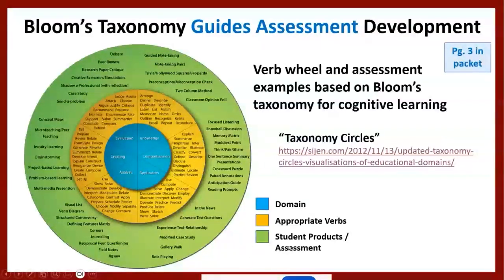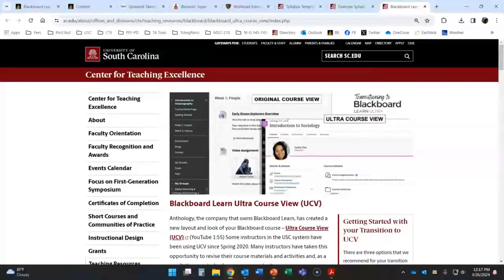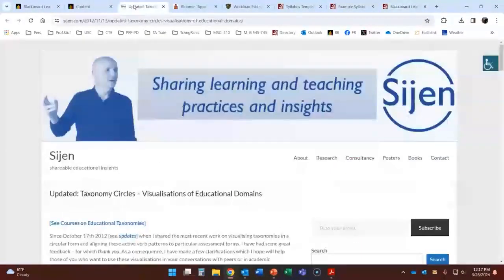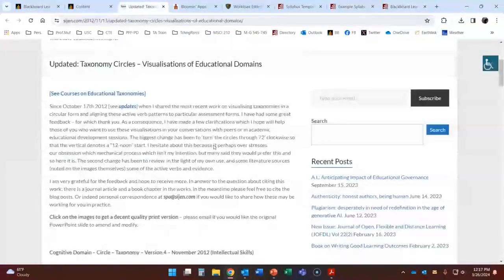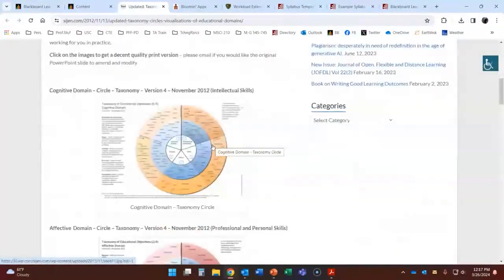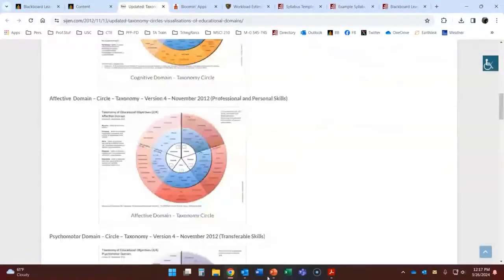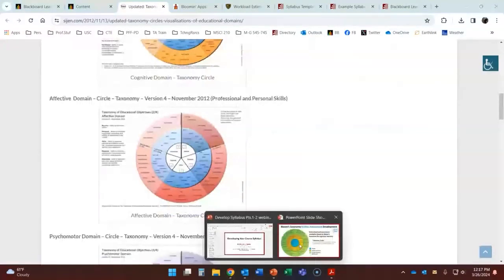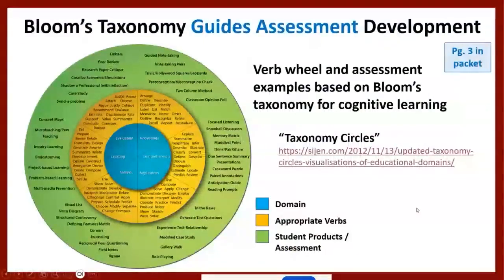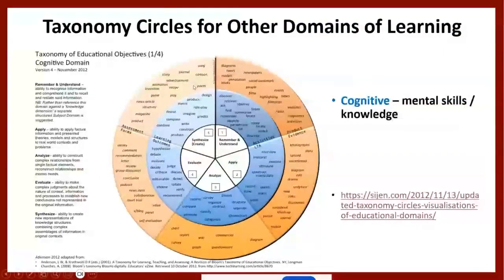So there is a researcher that has done research and put together a series of these taxonomy circles. I wanted to show y'all this. On his website, he has taxonomy circles for multiple types of thinking types. Let me go to this next slide here. So here's an example: this is the taxonomy of the verbs and the assessment forms for the